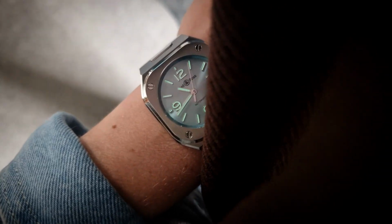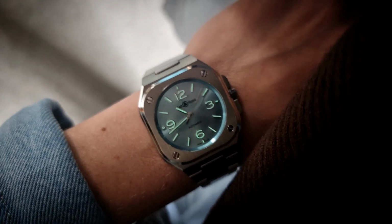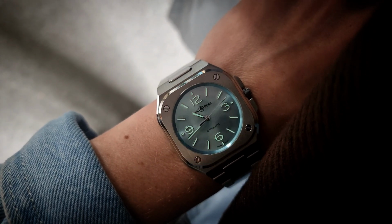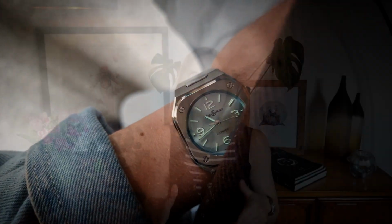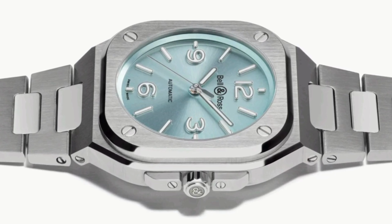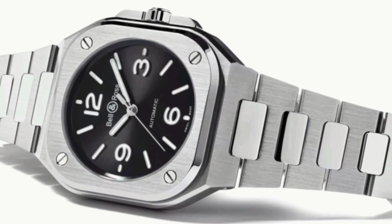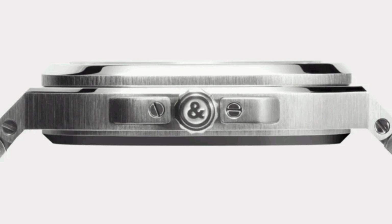I think adding a 36mm was a great option. It's such a sweet spot size-wise. I mean, not only does it open the brand up to people with smaller wrists, but it also leans more into that sporty vibe without going too far. I do also want to highlight the finishing on this piece because I think it is really well done. That mix of polishing and brushing provides more dimension and adds to the appearance of angles, which nicely balance out